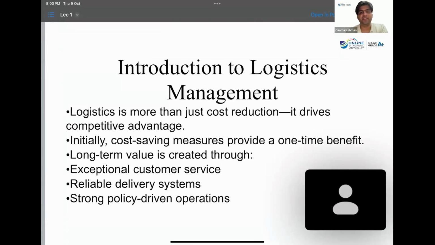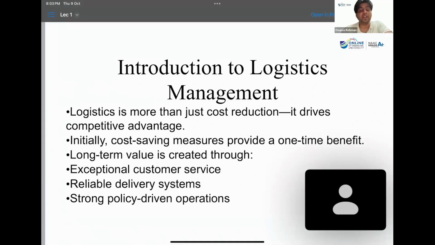So in logistics, in business, logistics means the process of planning, implementing, controlling the efficient flow and storage of goods, services, and information from the point of origin to the point of consumption to meet customer requirement. So if we say in simple terms, logistics is equal to right product plus right quality, right place, right time, right cost, and in the right condition. So everything has to be at the right,